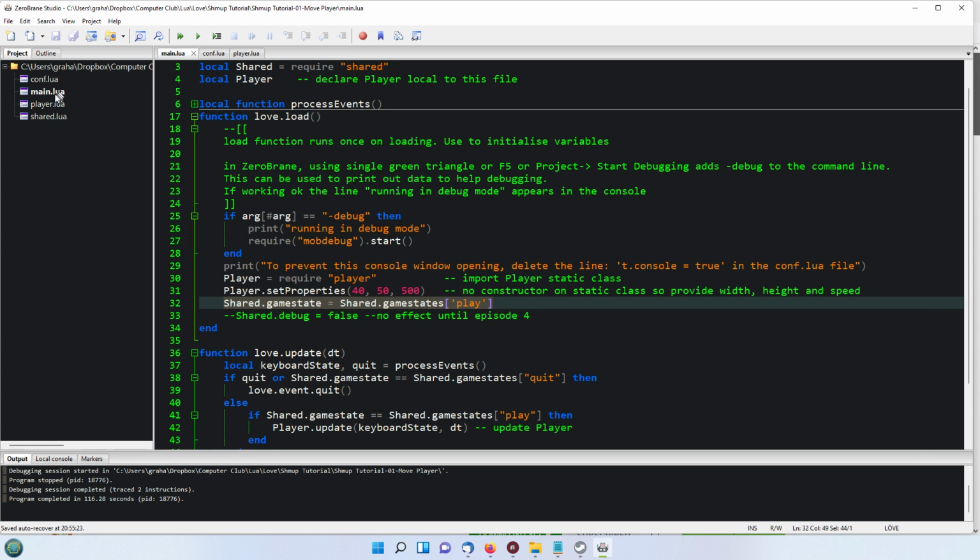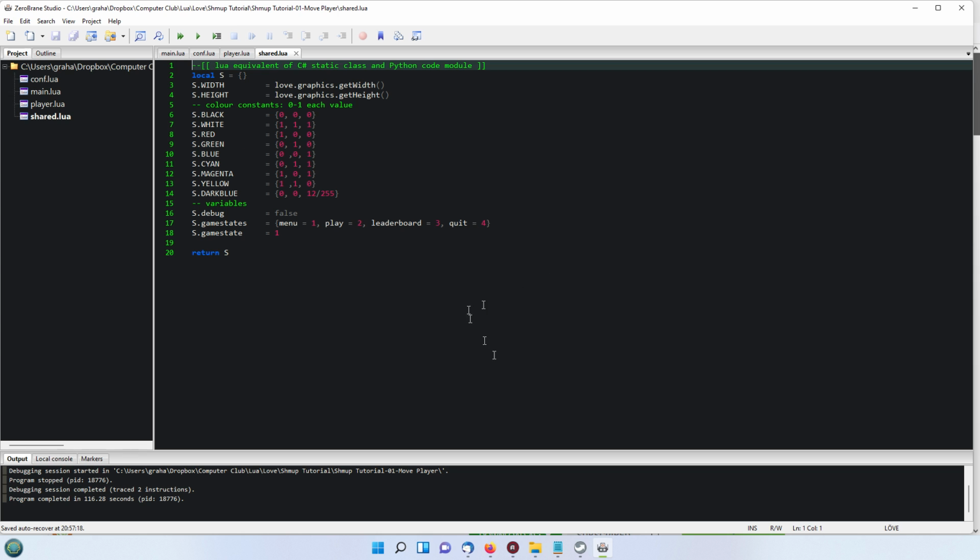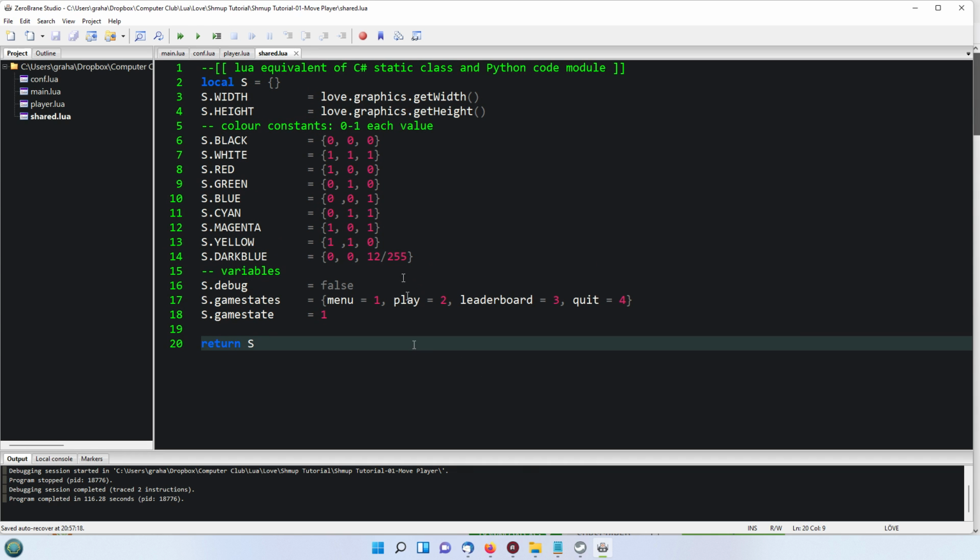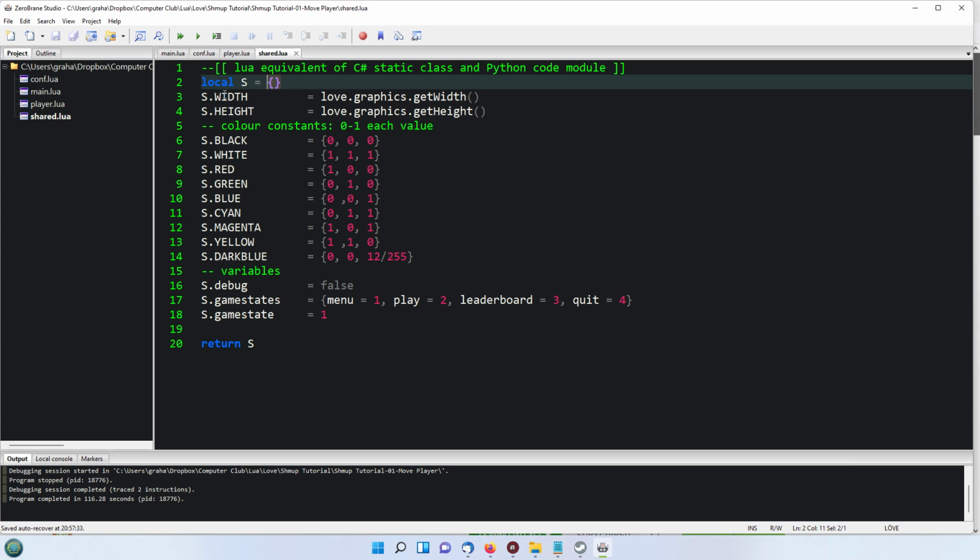So if we go to our shared folder now, again, we'll just increase the font there. So we've given it in a similar way. This is a static class again, so we're having this local variable called s, which is an empty table. Then we're giving that table width, height, and all the rest of it, and then we're returning it to the calling function. So again, if I run this in debug mode,